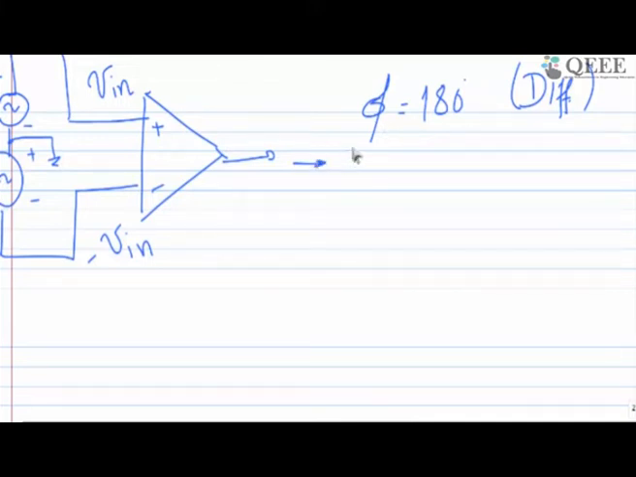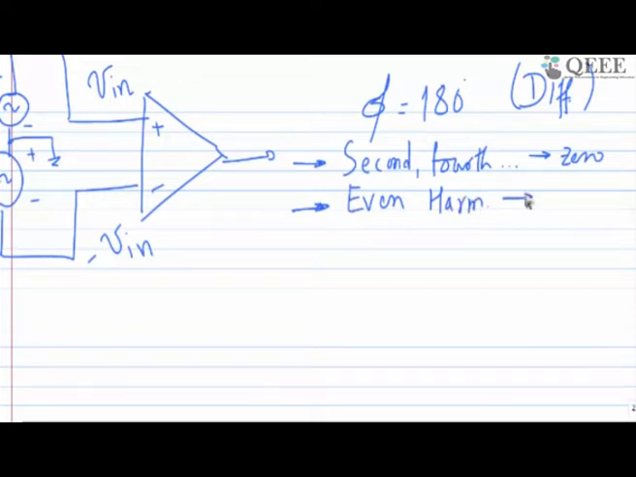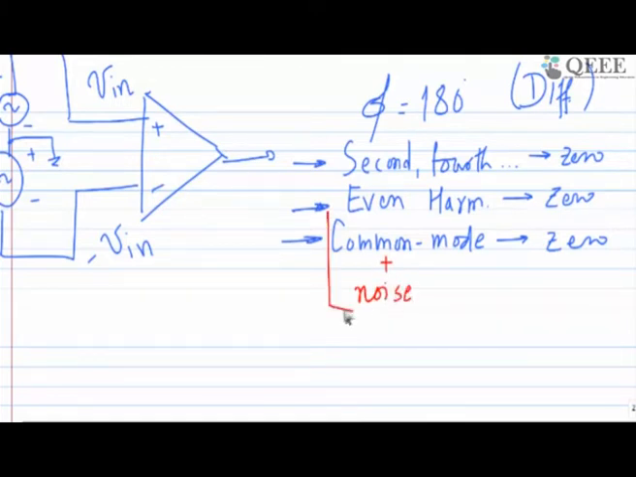is you are going to have the second harmonic, fourth harmonic, sixth harmonic, all of them going to 0, or in a better way you can write that even harmonics go to 0. Along with these harmonics, your common mode voltage is also going to 0. So whatever noise is available on top of common mode is also going to be 0, and your noise immunity is better